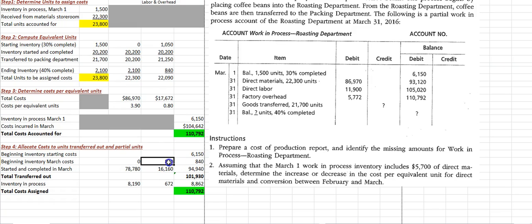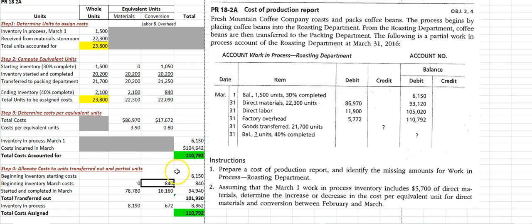But as far as conversion costs, here you can see better. As far as conversion costs, well, how much equivalent units did I have? I had 1,050 equivalent units, and I'm going to charge it 80 cents per unit. So if I multiply 1,050 equivalent units times 80 cents per unit, I will allocate $840 as far as conversion